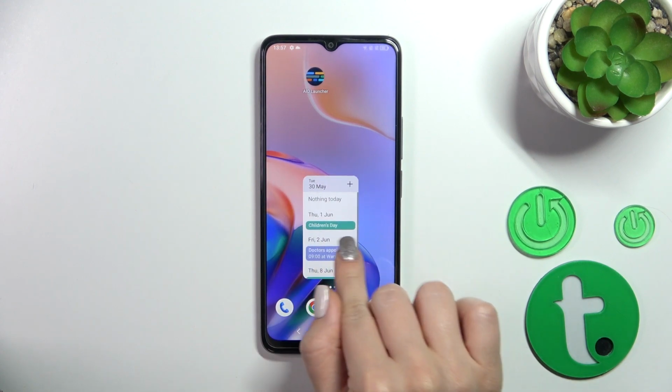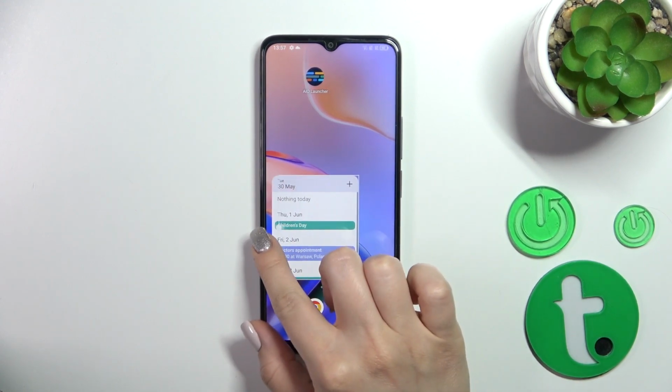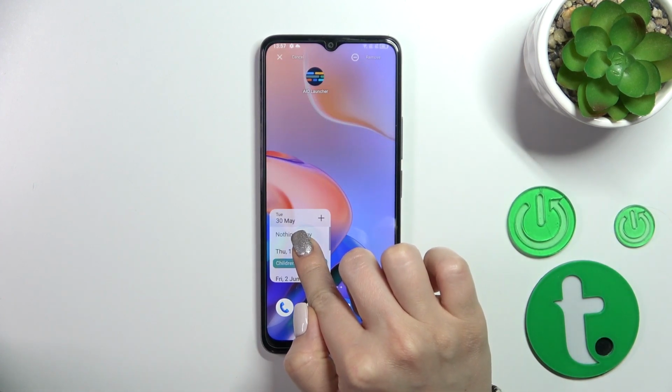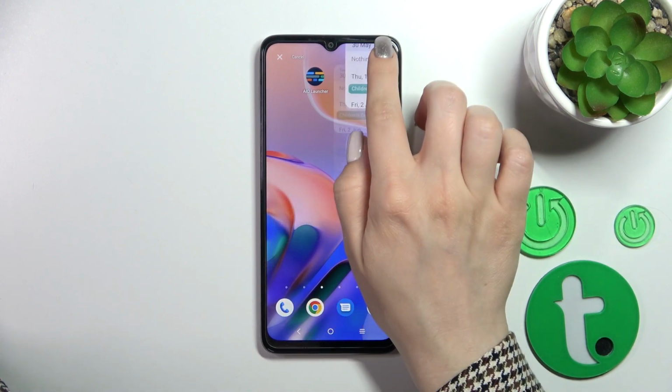it and drag it. To resize the widget, hold it for a while, and after that we can make it bigger or smaller. If you want to remove it from the home screen, hold it and drag it to the